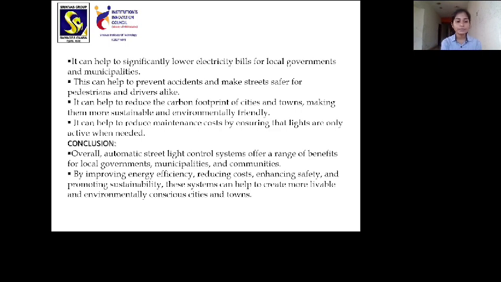The conclusion. Overall, automatic streetlight control systems offer a range of benefits for local governments, municipalities, and communities. By improving energy efficiencies, reducing cost, enhancing safety, and promoting sustainability, these systems can help to create more livable and environmental friendly